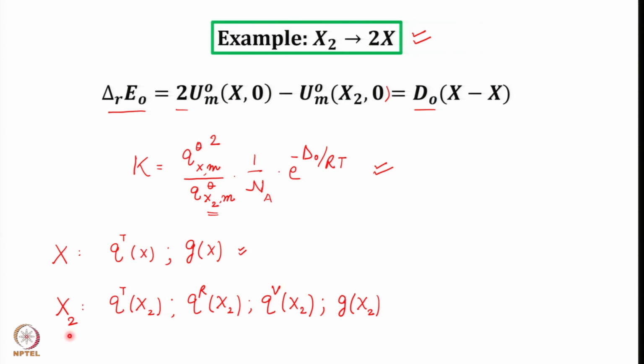X2 being a molecule, diatomic, you will have translational degree of freedom, you will have rotational degree of freedom, you will have vibrational degree of freedom, you will have the electronic term, that is the ground state electronic term, degeneracy of the ground state. Now with this information,